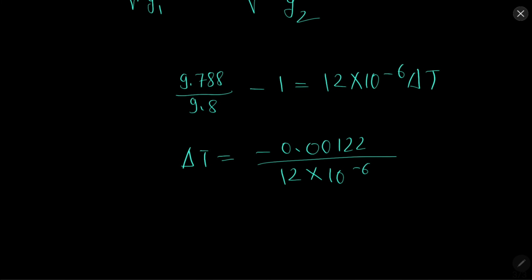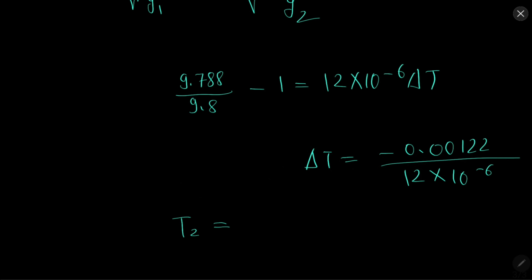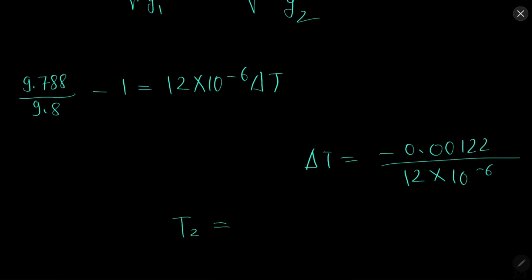So it will give us T2 to be equal to, now we will have two situations by the way. So let's separate those two situations. One is this situation and one is this situation. So here T2 will come minus 101 degrees Celsius